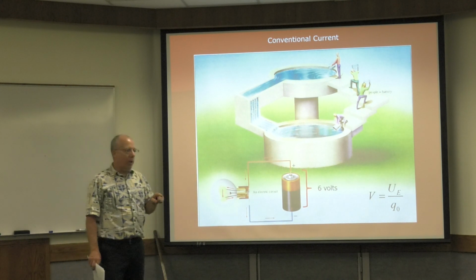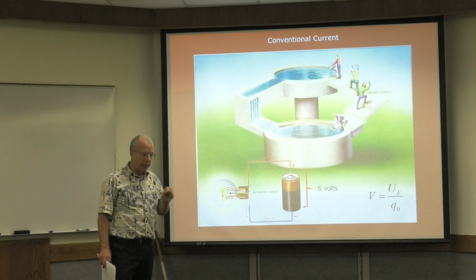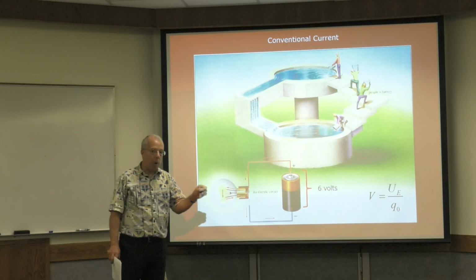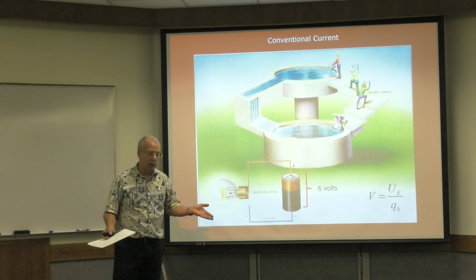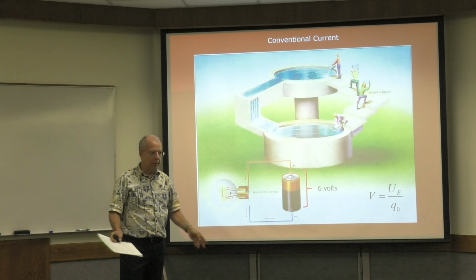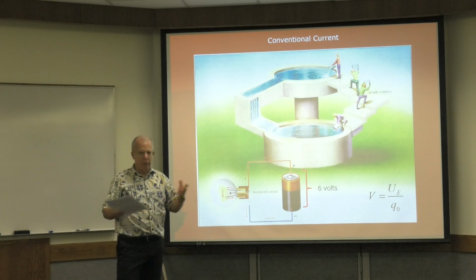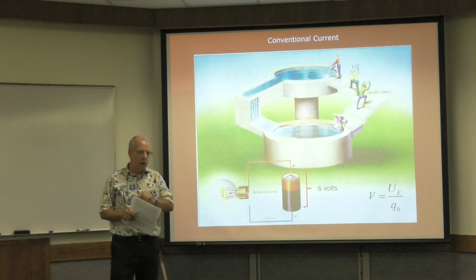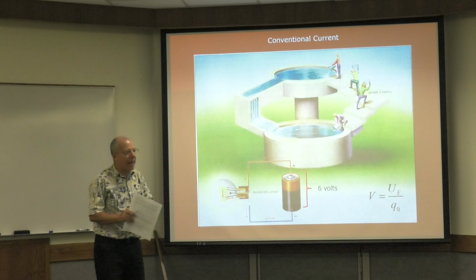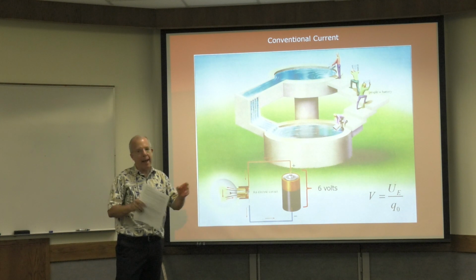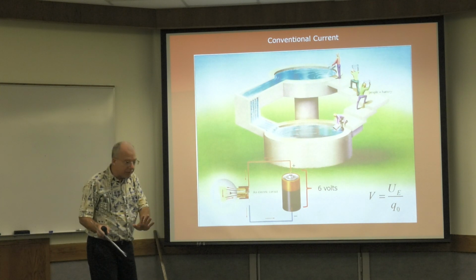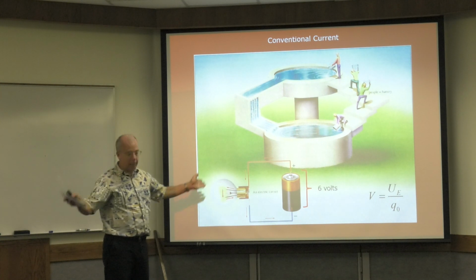So next chapter, we're going to talk about electrical currents in gory detail. And what we're going to learn is that what really flows through a wire is electrons, right? Now, unfortunately, when people were learning about currents a long time ago, they didn't know about electrons, and so they thought that current was something positive that was flowing. But it works, and it's actually kind of nice because it makes the math work out just like lifting weights. So what we do in physics, you're going to laugh, we ignore reality,